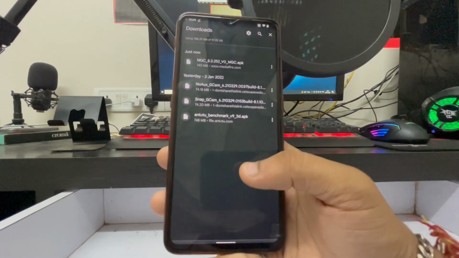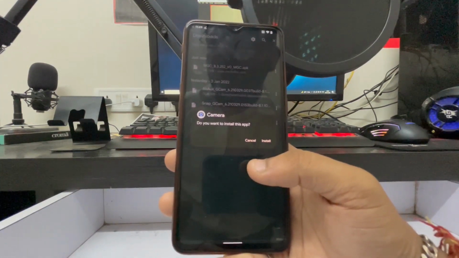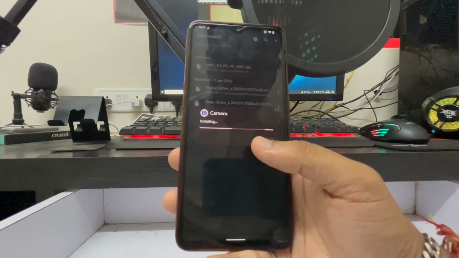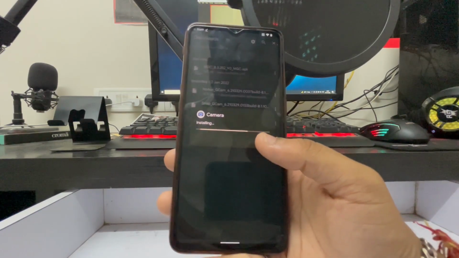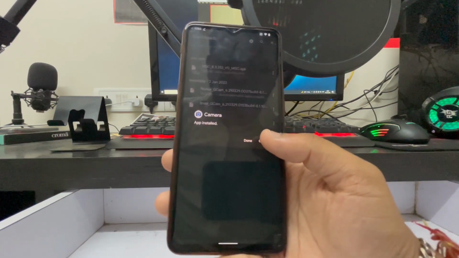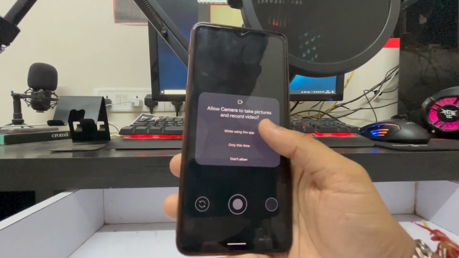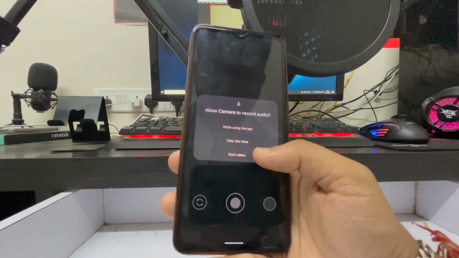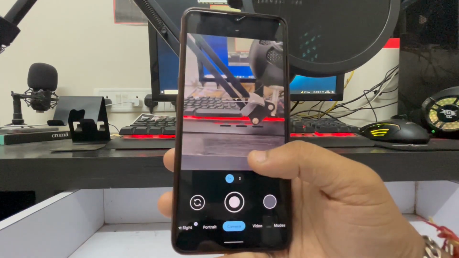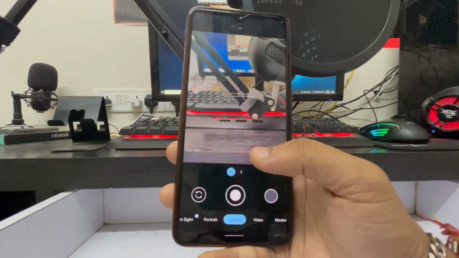And as you can see now, a file has been downloaded. Then just open it and it will give you an option to allow unknown sources. Go to settings and allow unknown sources on your Chrome or whichever web browser you are using. Once you click on install, it will get installed and you don't need any XML file or anything for it. You just click on open and allow all the permissions, and once you do that, you can see that our camera has started working,